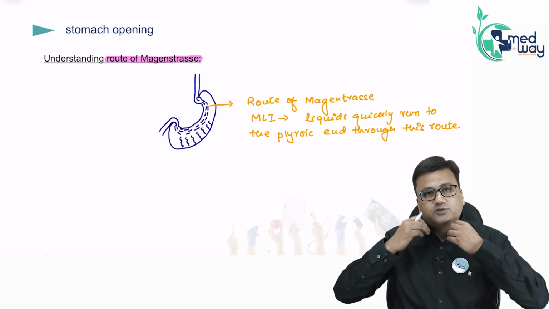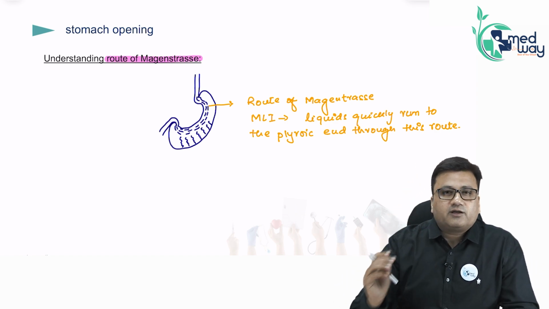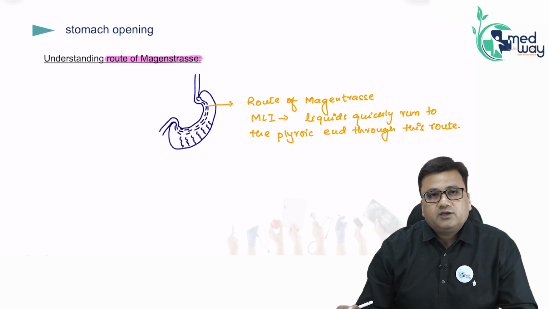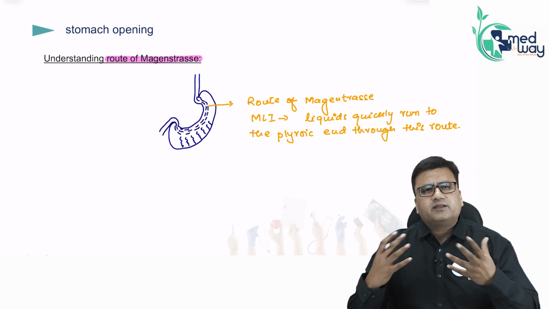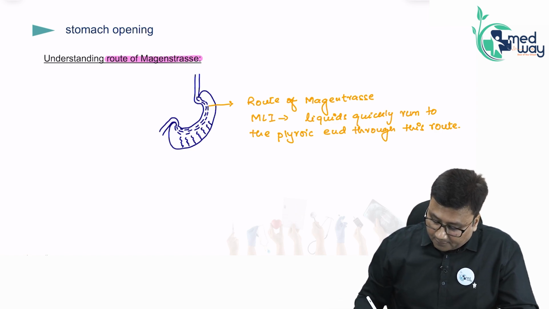We are expecting the corrosives to take this route around the lesser curvature to reach the pylorus, and many other poisonous substances also, and that is why